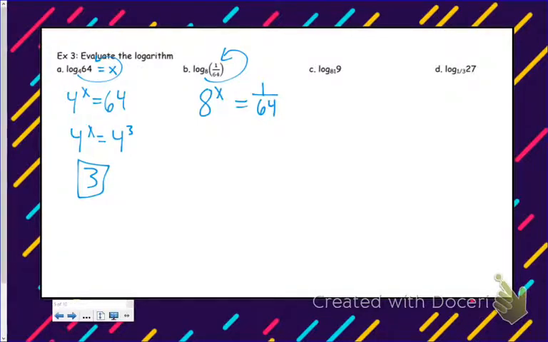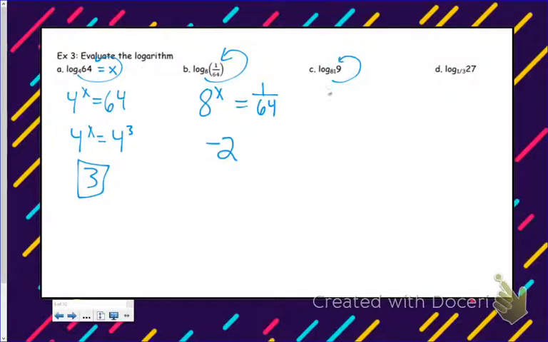In order to get that fraction at the bottom, I would need a negative exponent. So I'm going to have to raise this to a negative power, and that negative power is going to be -2. So 8 to the -2nd would be 1/64. Again, the negative exponent is going to move it. Okay. Let's look at